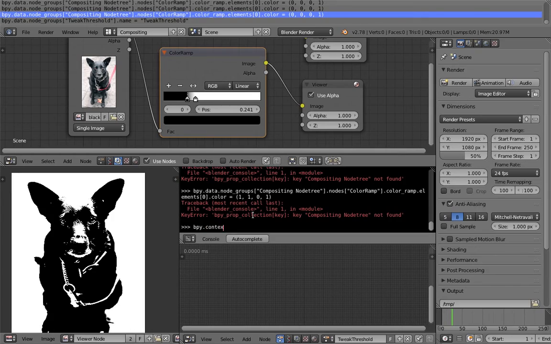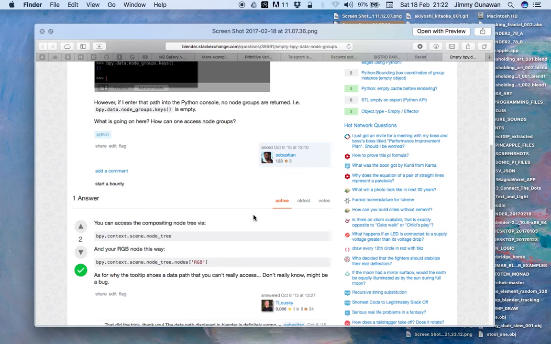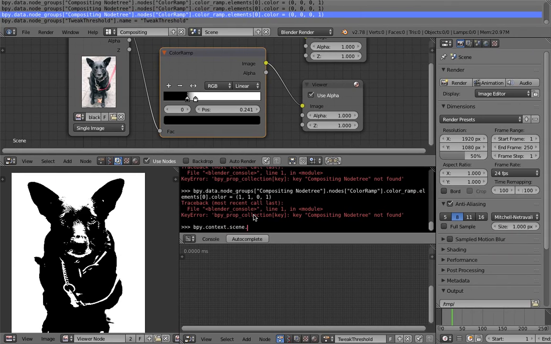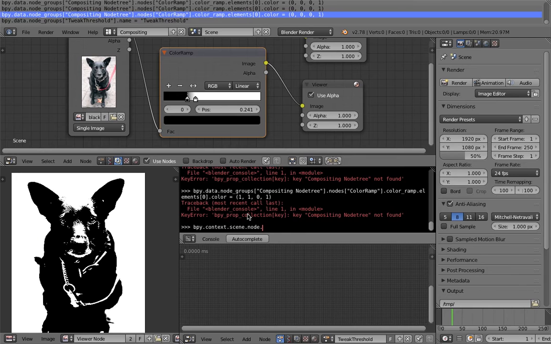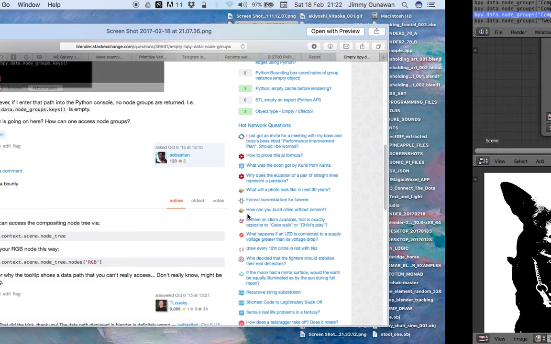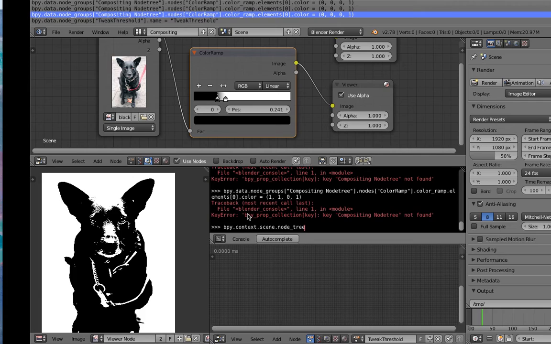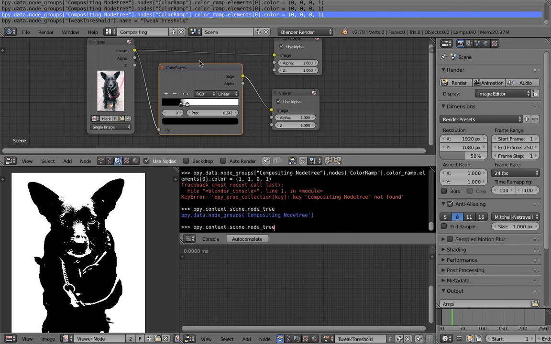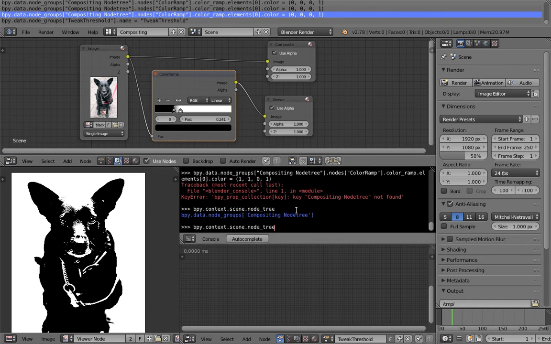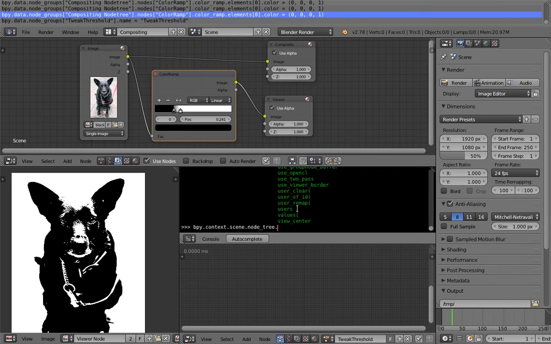We can access this data block this way. Scene.node_tree actually contains this compositing node tree, which is our compositing nodes, of course,